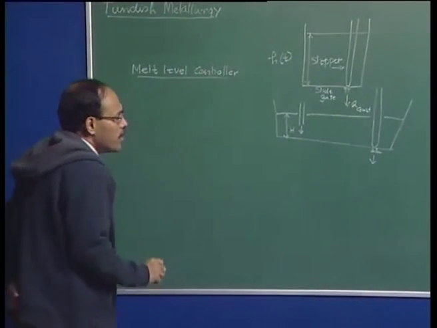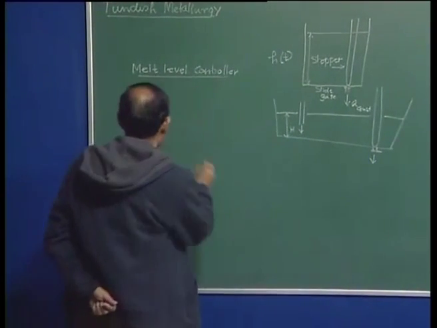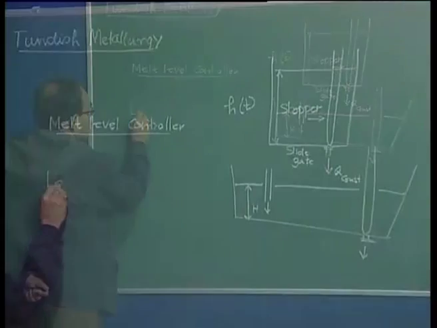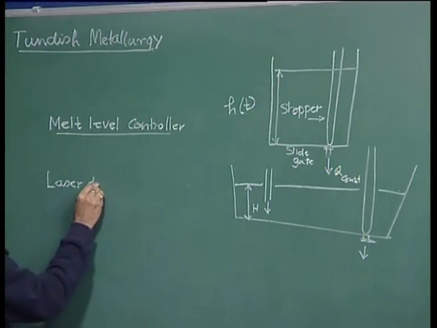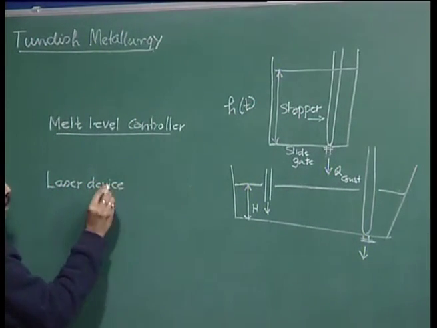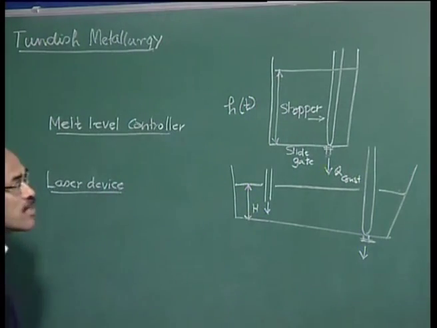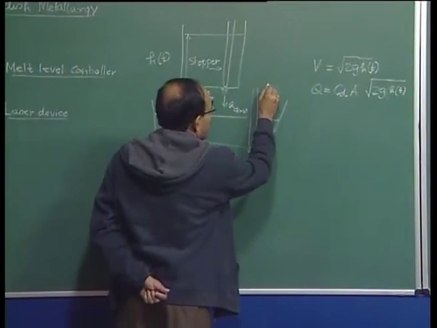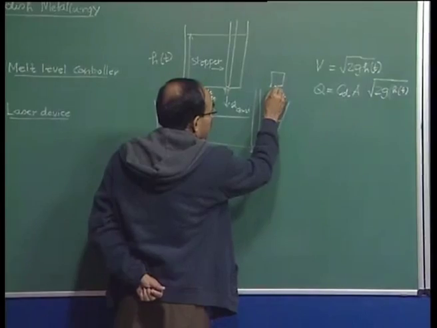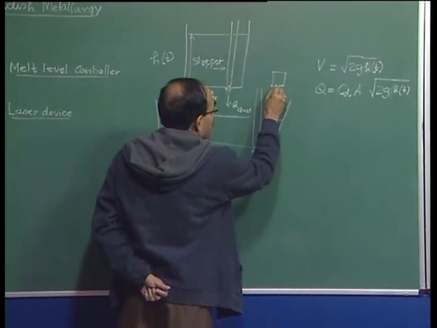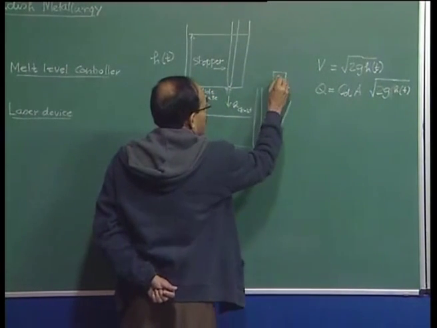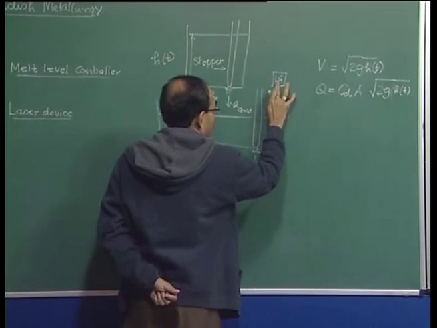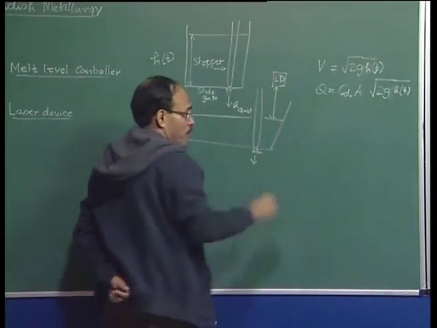Now, typically, for example, in the tundish we have a laser device. That device is going to monitor what? For example, we may have a laser gun here, and that is going to monitor this particular height. So, suppose this is a laser gun, LG, or a laser device,